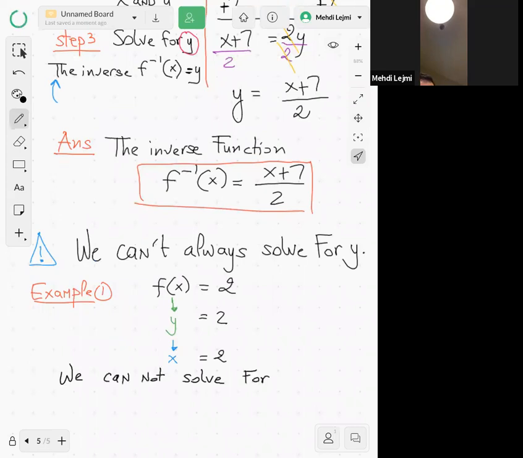So this function f, f of x is equal to 2, which is a constant function, a very simple function, doesn't have an inverse. So what you have to keep in mind, guys,